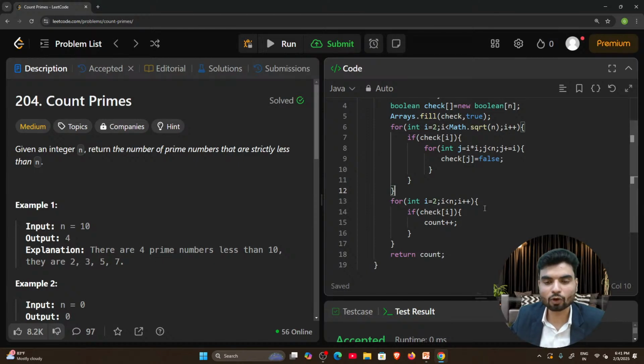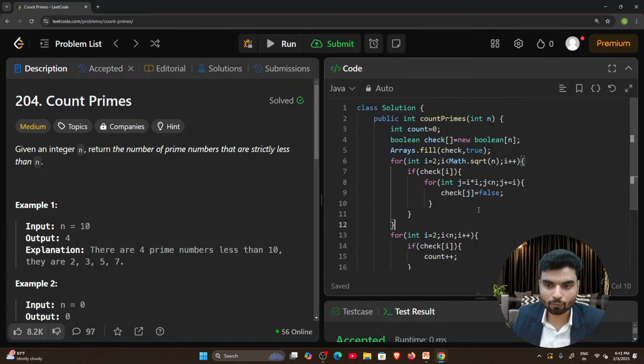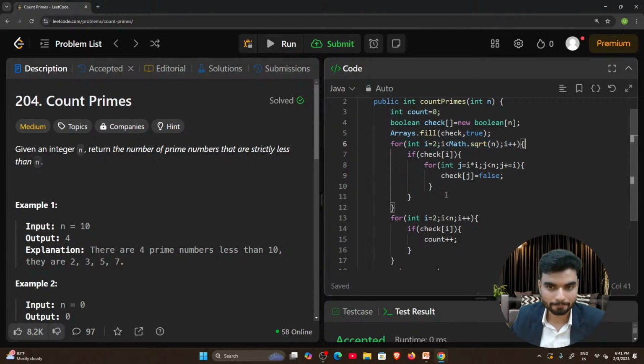Okay, so what will be the time complexity of this? This loop will be working till the square root of n. Yes or no? Every time we are starting from the square root.